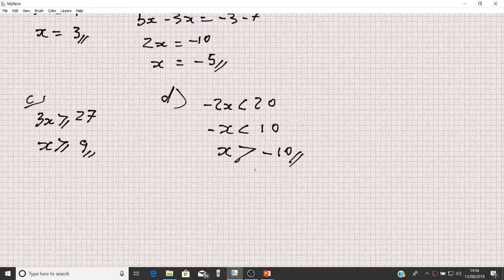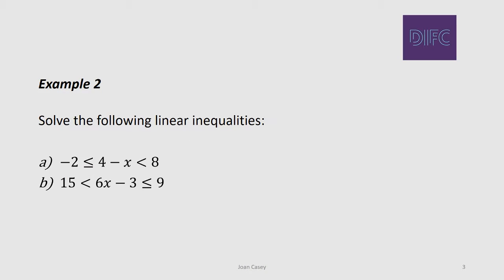Okay, so let's skip to some other examples. The next example, we're going to solve the following linear inequalities. So A is minus 2 is less than or equal to 4 minus x is less than 8. Okay, so we'll take a look at example A first, and I'll scroll down. So this is in 2, we've got example A, and we had minus 2 is less than or equal to 4 minus x